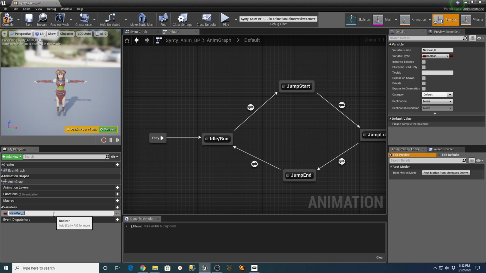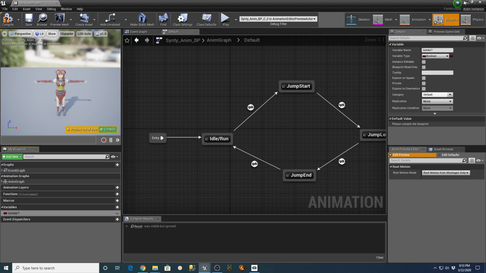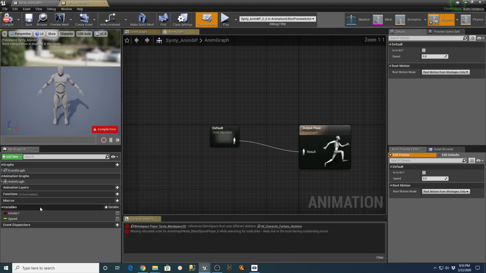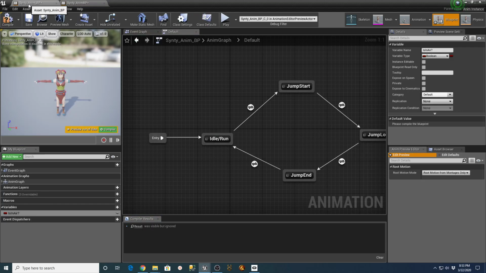New variable. So we're going to say is in air question mark was the name of that, and that was a yes no. And the other one is a float.